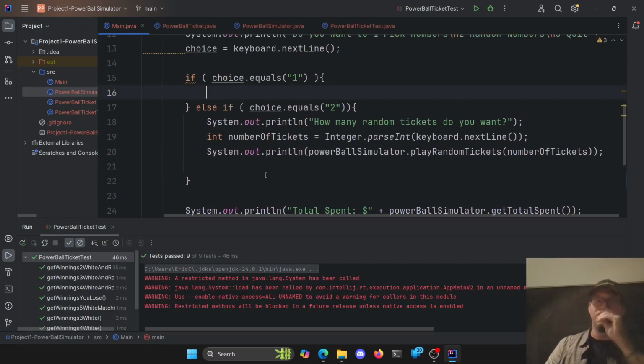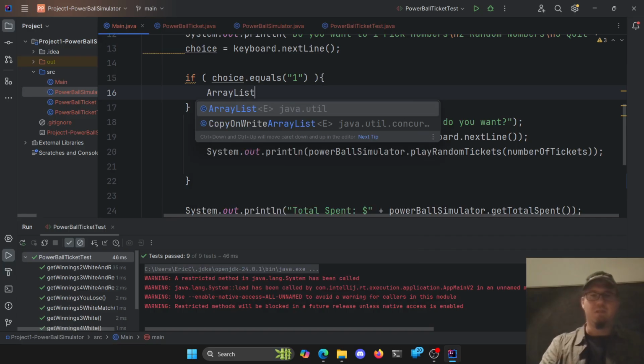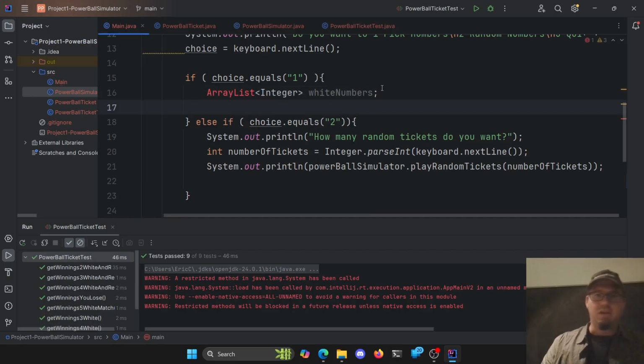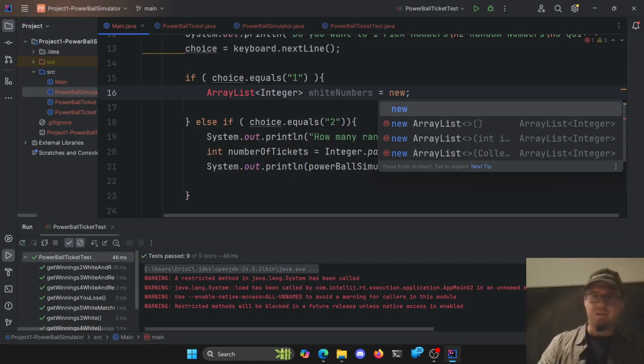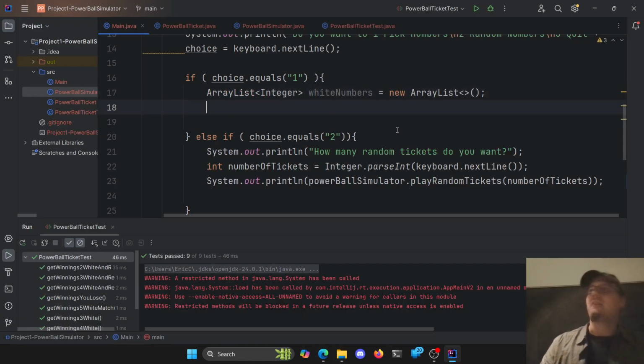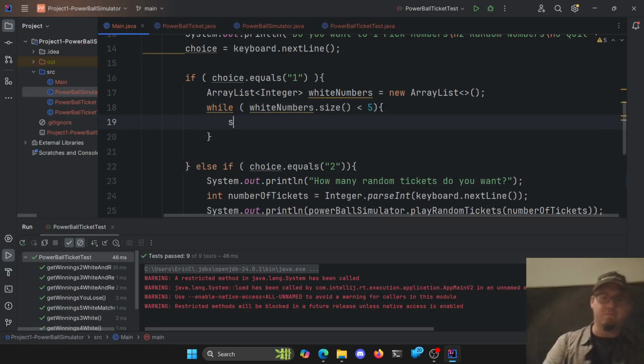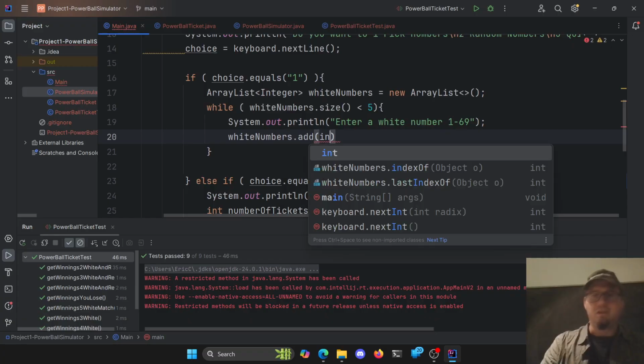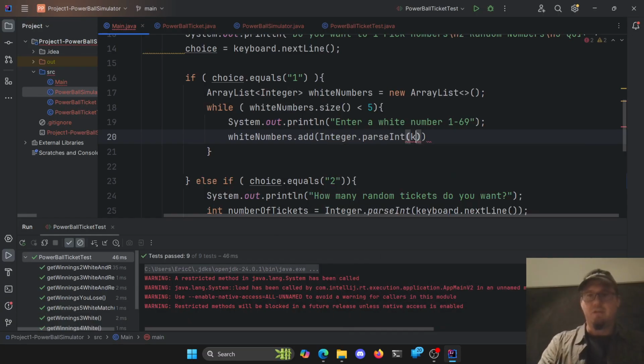If you pick the numbers, we didn't pick the numbers here. So if you wanted to pick numbers, we got to get some numbers. We need an ArrayList of type Integer for white numbers, and equals a new ArrayList of type Integer. Great. And then ask them for 5 numbers. Sure, while white numbers dot size is less than 5, or does not equal 5, whatever we want to do here. It's a white number 1 to 69. Take my white numbers dot add the Integer.parseInt of the keyboard.nextLine,